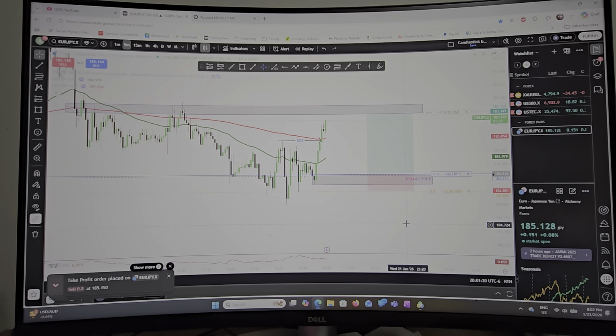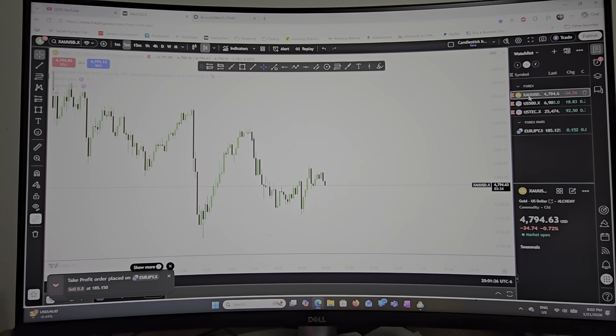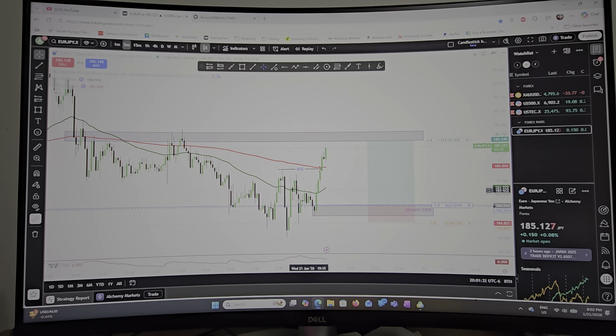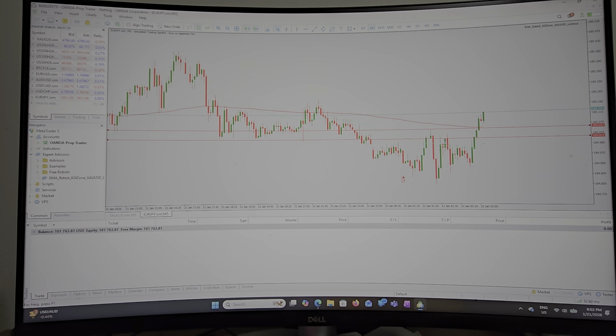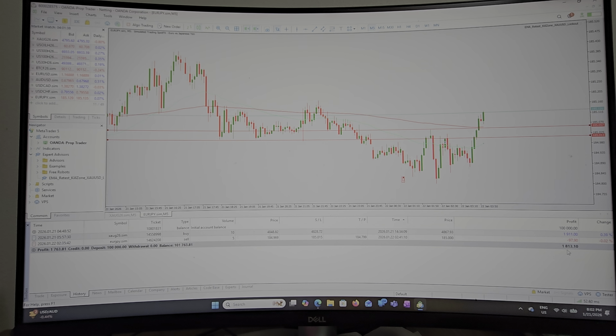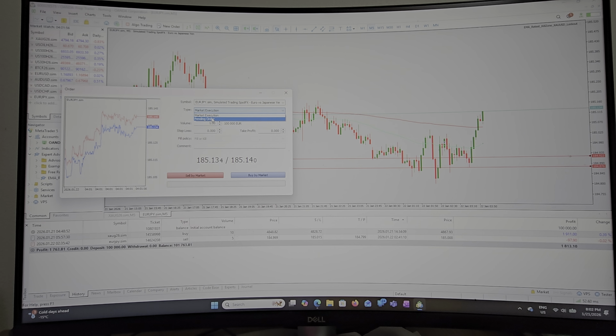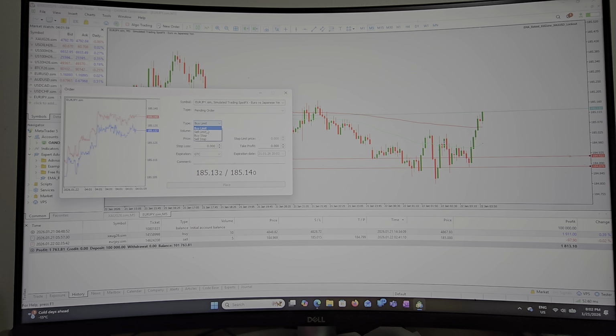So yeah, that is the recap for today on the trade that we took on gold, and also the mini loss that we took on FTMO just to register a trading day. In this scenario now, let's see, if I make a setup for here, I can do a buy limit order, to say we want